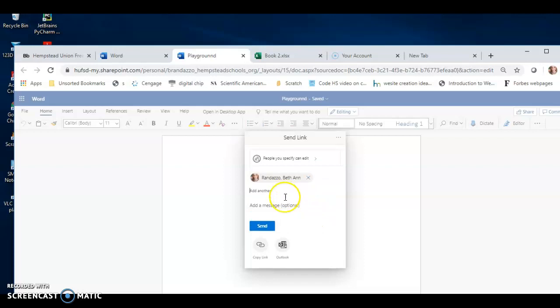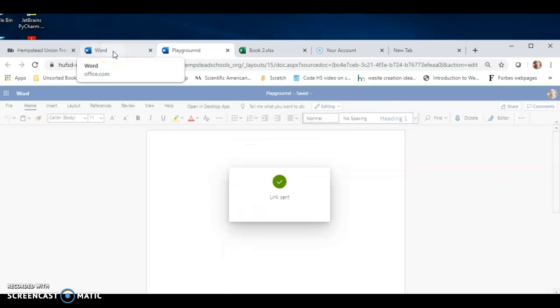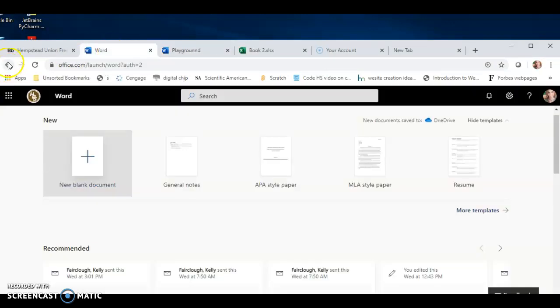and there it is. You can add a message and then you send, and that of course just to see, so you can see where it comes up. I'm going to send it. When you go back button